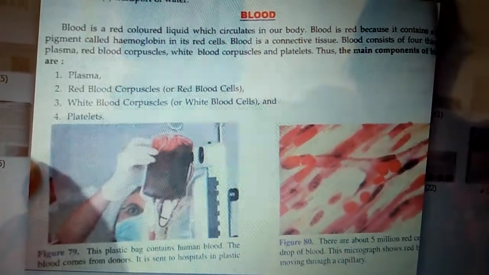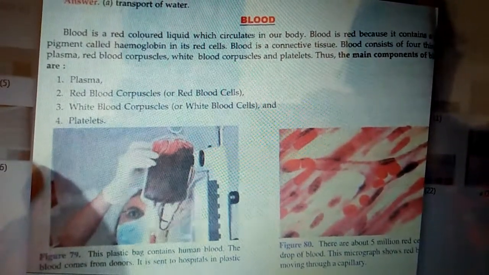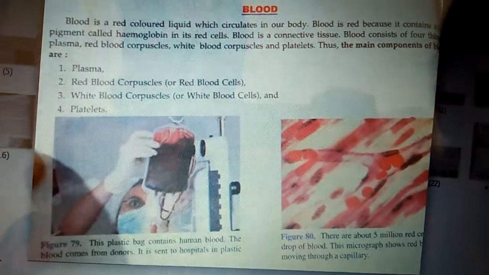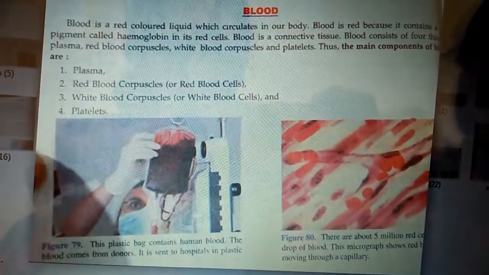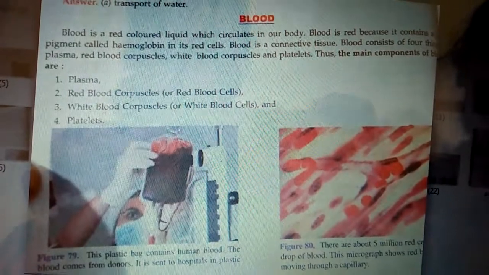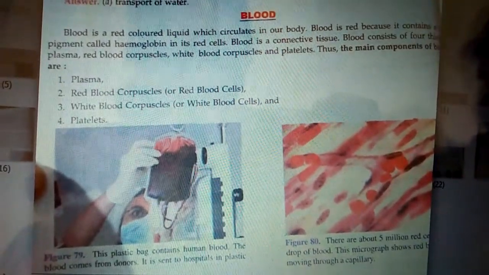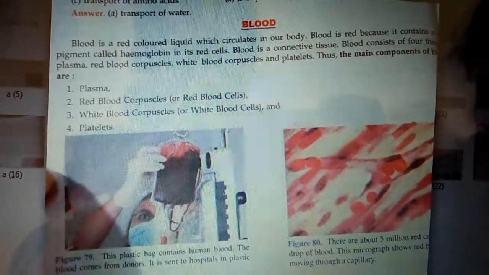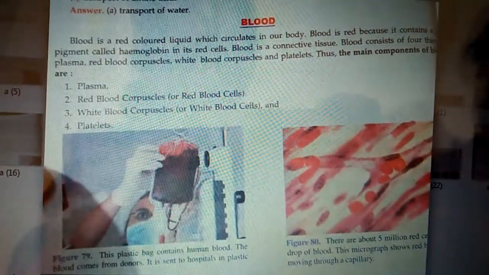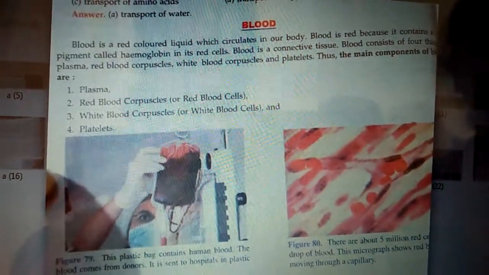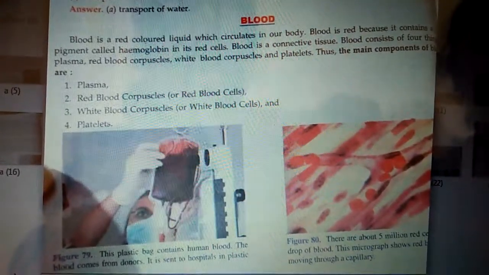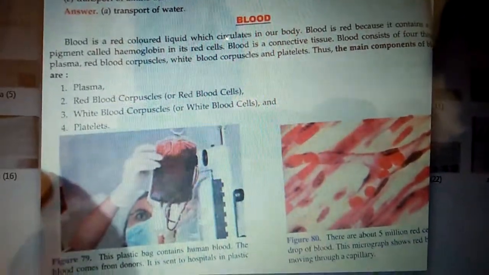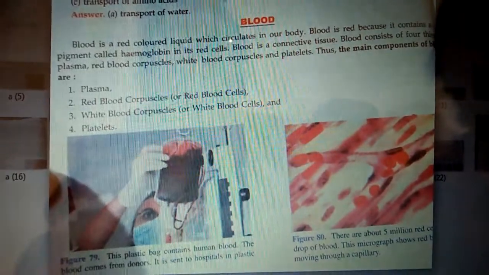Now we have studied the transportation in plants. Now we have to study the transportation in human beings. In human beings, there is a circulatory system for the transportation of food material, enzymes, oxygen, carbon dioxide. Everything has to be circulated in the human body, and that circulation of all these substances, oxygen, carbon dioxide, food material, waste material, is done with the help of the blood. Blood is mainly the circulatory substance which circulates throughout the body and carries carbon dioxide, oxygen, food material, waste material, and enzymes.